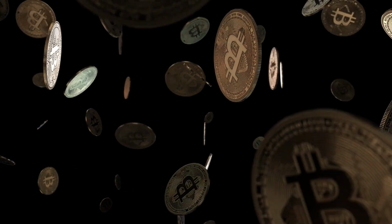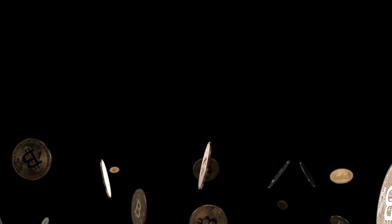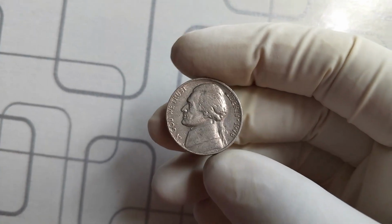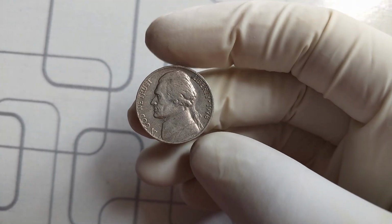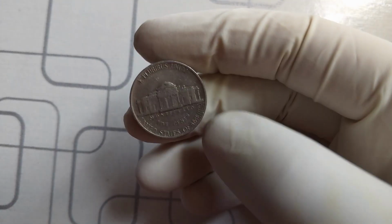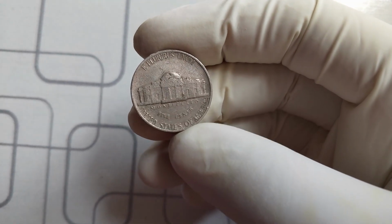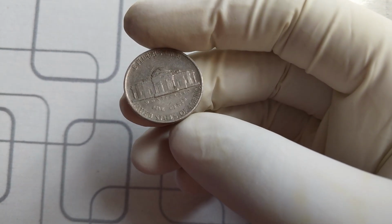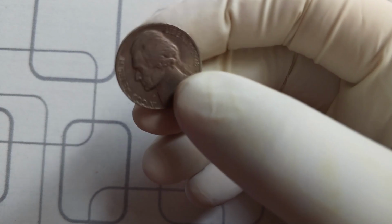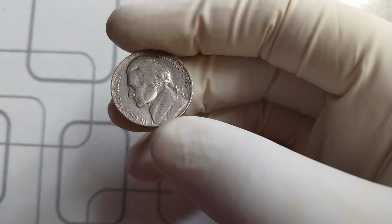Today, we are diving into one of the most fascinating stories in the world of rare coins, the incredible 1978 no-mint marked Jefferson nickel, a coin that has shocked collectors, investors, and enthusiasts alike with its jaw-dropping current market value of $14 million. This is not just any nickel. This is a coin with a story that has captured the attention of numismatists around the globe. If you have a 1978 Jefferson nickel in your collection, you might just be holding a fortune in your hands